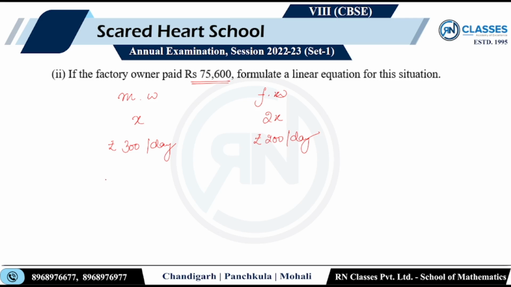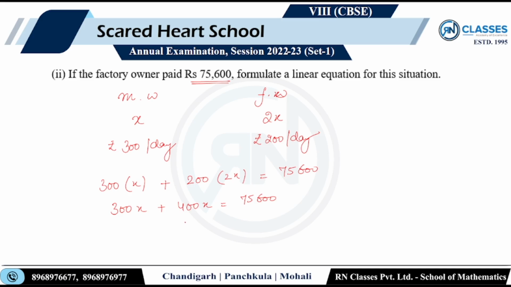So 300 into x plus 200 into 2x, which is equal to 75,600. बिल्कुल सिंपल. हर एक को 300 मिल रहे हैं तो मैंने ऐड कर दिया. That's it. So this becomes 300x plus 400x is equal to